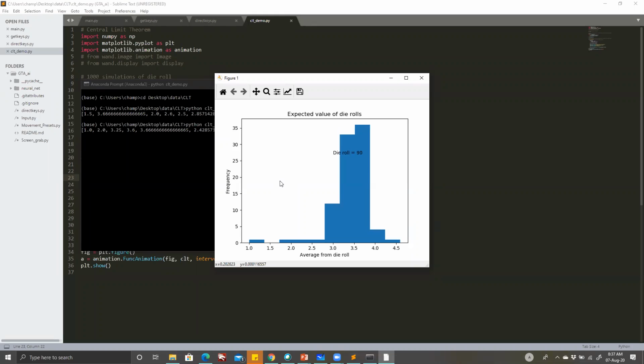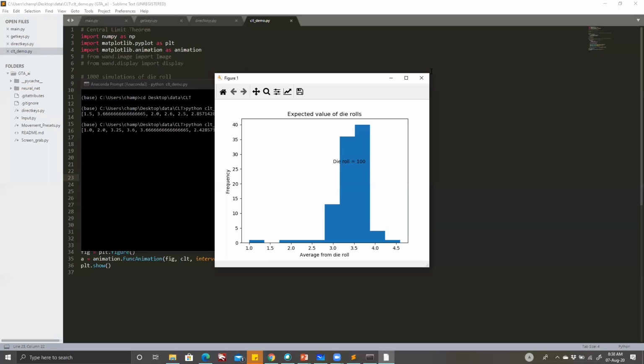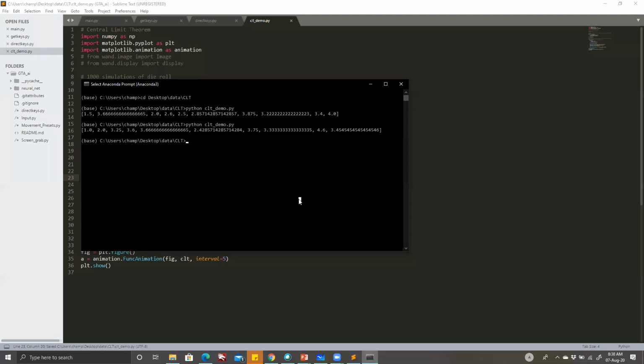Now you will see a certain tendency that it is going to be centered around, let's say, 3.5 or any mean value that we choose here. And most of the values, okay, sorry. Maybe let's represent more values this time because we are looking at very few values. So let's increase the simulation to 200 this time. Here, let's make it 200, save and run it again.